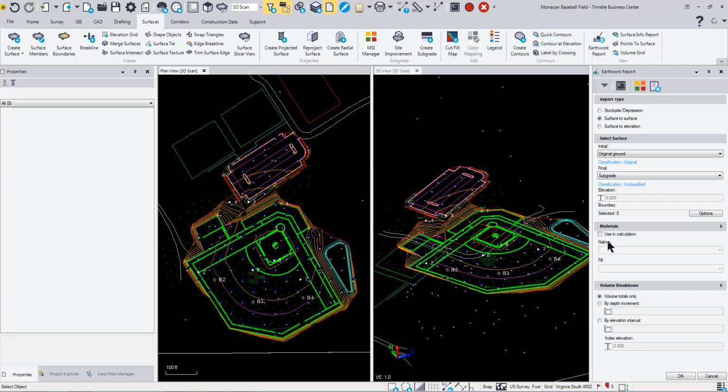And you can use materials in the calculation, so I could tell it that the native material is my on-site earthwork or my on-site topsoil, and any fill material that's going to be required is going to be from my off-site borrow. So you could use materials if you wanted to. And then you could also tell it to break down the volumes by depth increment, elevation increment, and put in the index elevation. But for this case, we're just going to click OK, and it's going to go out